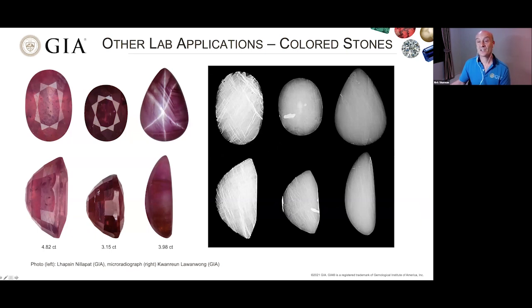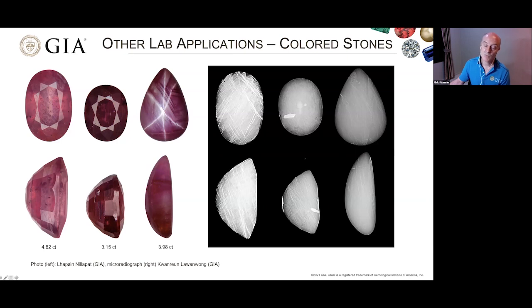And of course, if I'm talking about fracture filling, then you know that I'm going to move on to rubies next, and that's exactly what we're doing here. We have a few stones showing, including a star stone here. It shows very clearly that when you X-ray them, we have again the radio-opaque areas within the fractures, and even some surface cavities or even around inclusions. You can get bubbles trapped in the stones as well, and they have lead or bismuth around them. So it shows very clearly on these results.